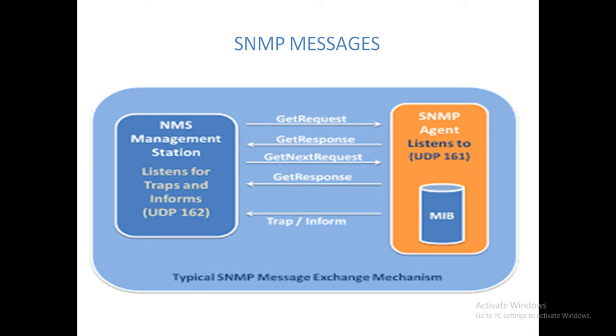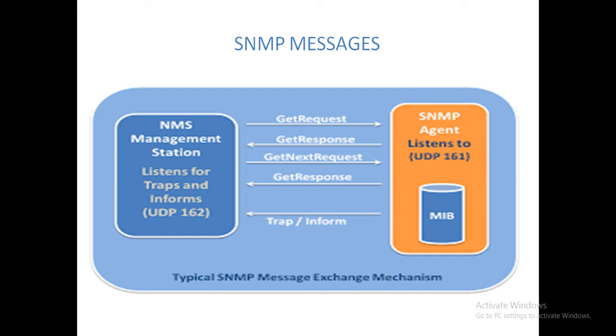The next messages are trap and inform. With a trap, you give an instruction to the router or multi-layer switch, for example, if my router is consuming more than 60% of CPU cycles, send me a trap message or alert message to the network management station. Then you also have the inform. What is the main difference between trap and inform? Both do the same action, sending an alert message to the network management station, but